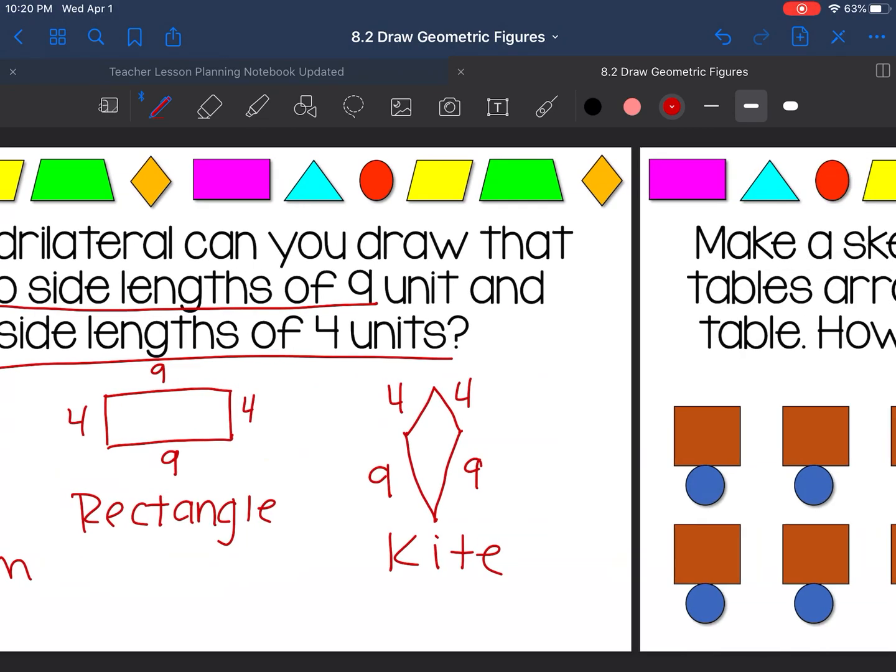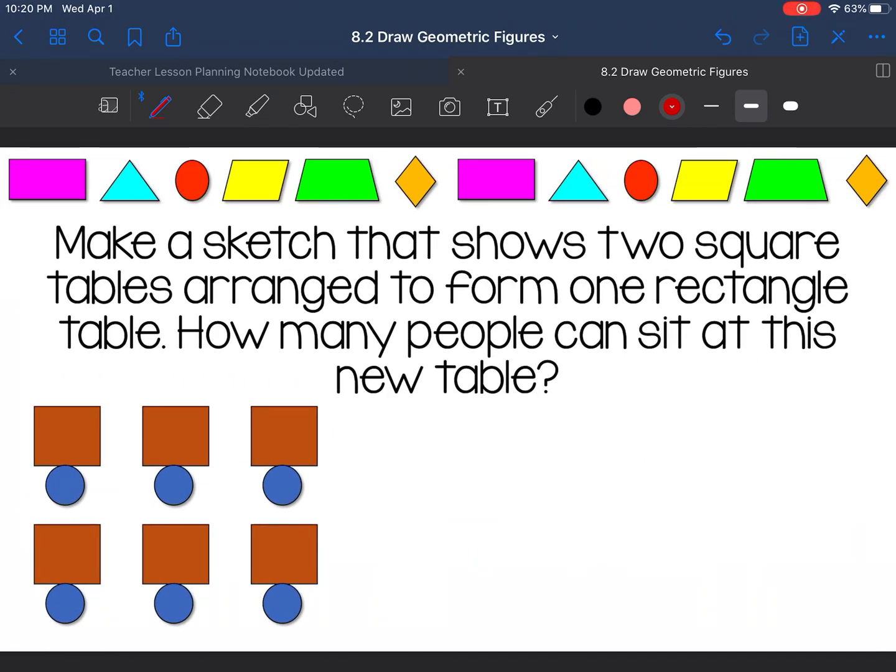All right, let's move on and talk about our last problem. Make a sketch that shows 2 square tables arranged to form one rectangle table. How many people can sit at this table? All right, well, I've actually given us 6 square tables, so we actually only need to look at 2. So I'm gonna